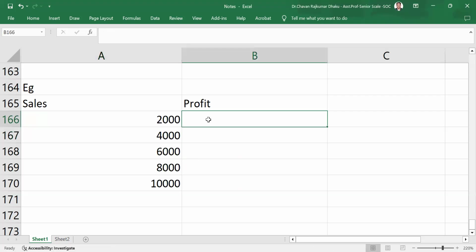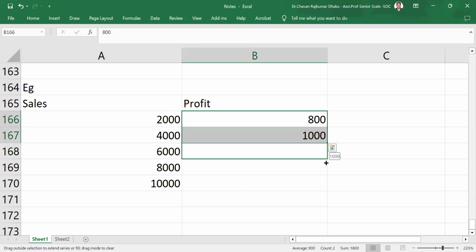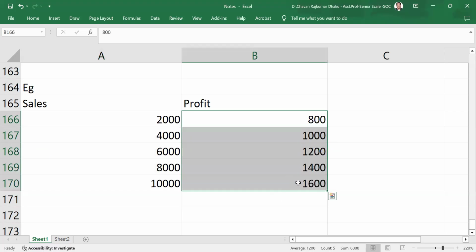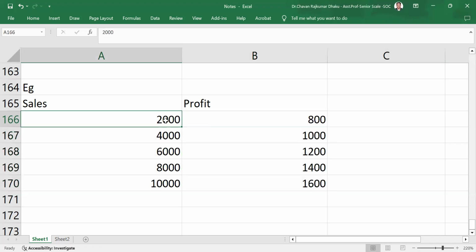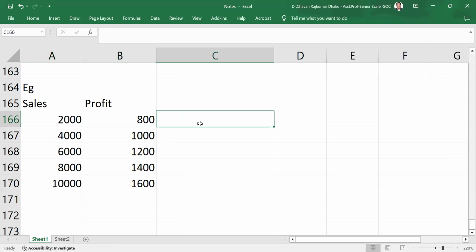Profit is around 800, and then you have around 1000. It goes on, and then you can say there is something like 1600. So let's assume this is the first year, second, third, fourth, fifth. Now, if I want to see whether there is any relationship between these two,